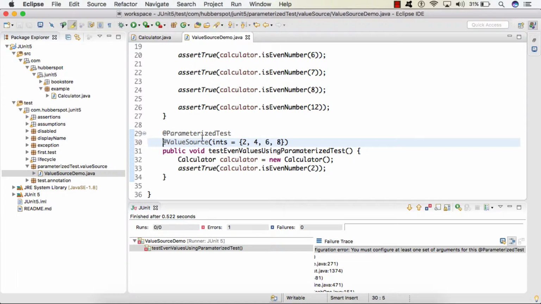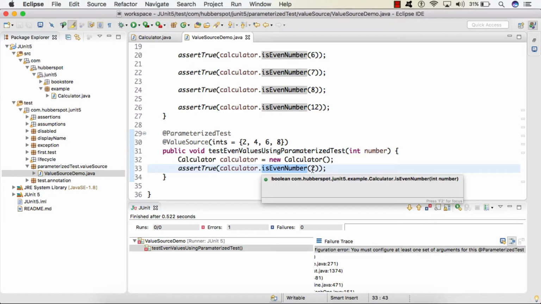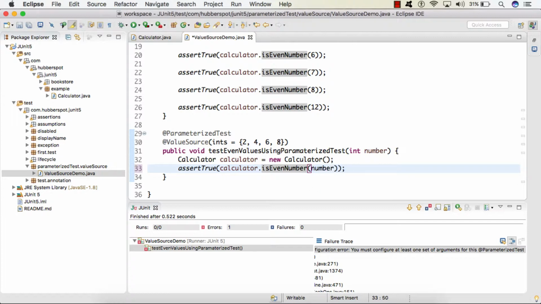And as we are providing these values in the form of an array, we need to inject these values inside this test case. So this test case will take an integer value, let's say number. And now instead of providing a value like this to our asserts, we can simply provide number.